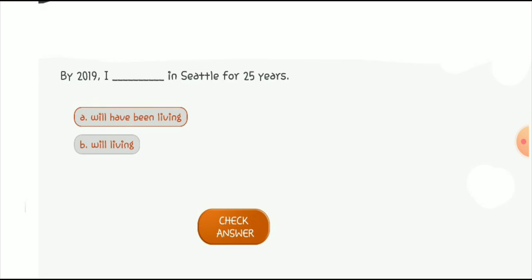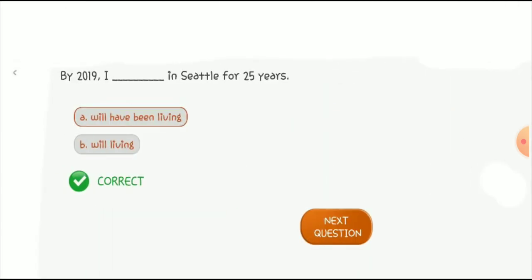Quiz. By 2019, I dash and settle for 25 years. Option A is the correct option because we use will plus have plus been plus living according to the formula. By 2019, I will have been living in Seattle for 25 years.